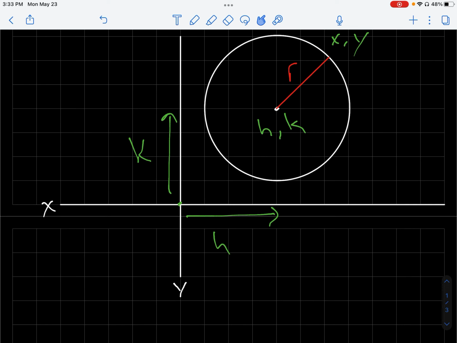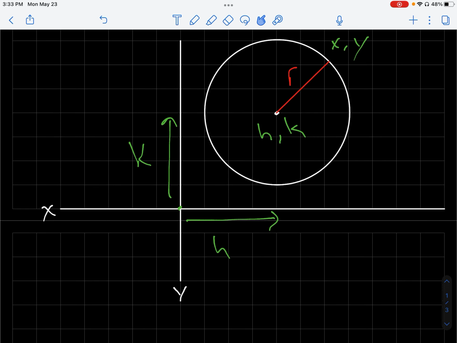So our equation of the circle will look like this. x minus h squared plus y minus k squared